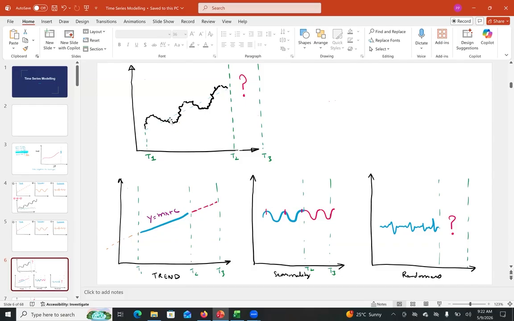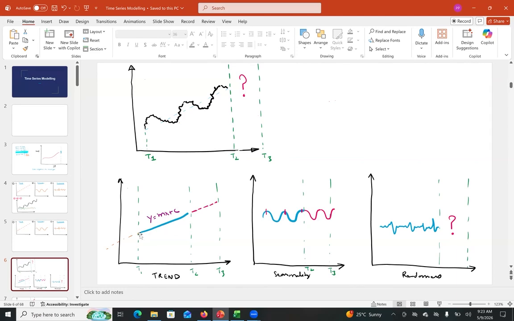And how we will make that prediction is very easy. We will take a time series and we will decompose it. What we will do is decompose it into three parts: the trend component, the seasonality component, and the randomness component. Decomposition means we are separating it out. It was combined together like this. Let's say there is a method to do it, right? So let's say we use some method to decompose the time series into three parts. One is the trend component, one is the seasonality component, and one is the randomness component.